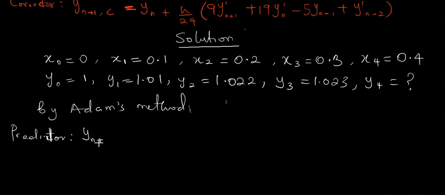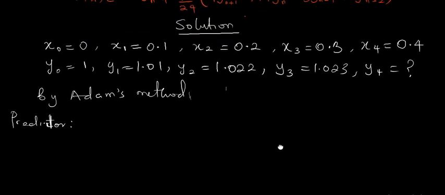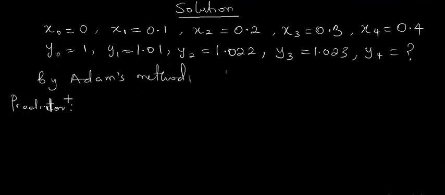So what we're going to do is say for when n is 3, because we want to get the fourth one, so n is going to be 3. Already you know that this is the predictor. The predictor is n plus 1, and we want to get 4, so this n must be 3 so that we can get y4. That is the idea. So now when n is 3, we're going to have y4 indicating the predictor, which is going to be equal to